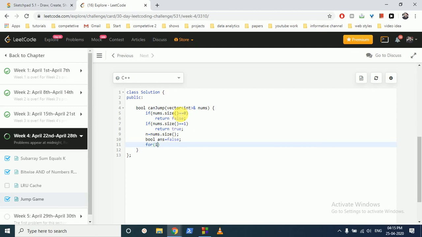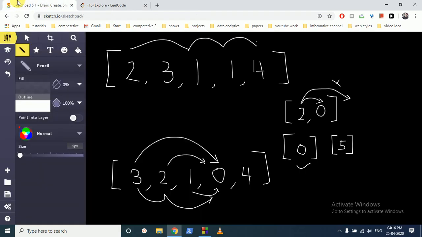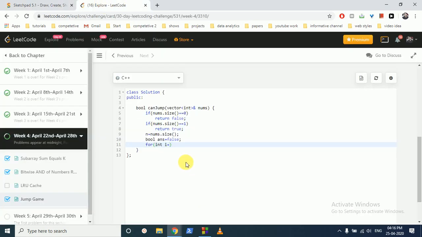Then we do a DFS with i equal to 1, because if we are at 1, we know... okay, so what we can do is we are initially at 1, and how many jumps can we do from this position? We can do 2, we can do 1. So 1 and 2. So we always try to do the maximum jump. So the maximum jump of this is its size, nums of 0. So what we can do is we do nums of 0, how many jumps we can do, from maximum nums of 0 to i greater than or equal to 1, i minus minus.